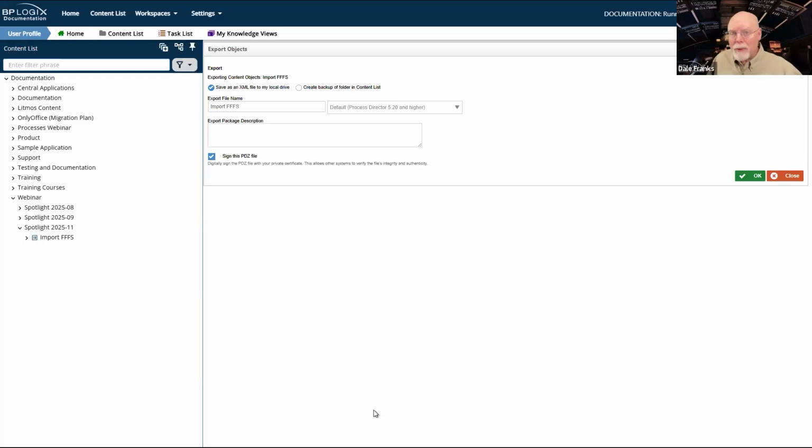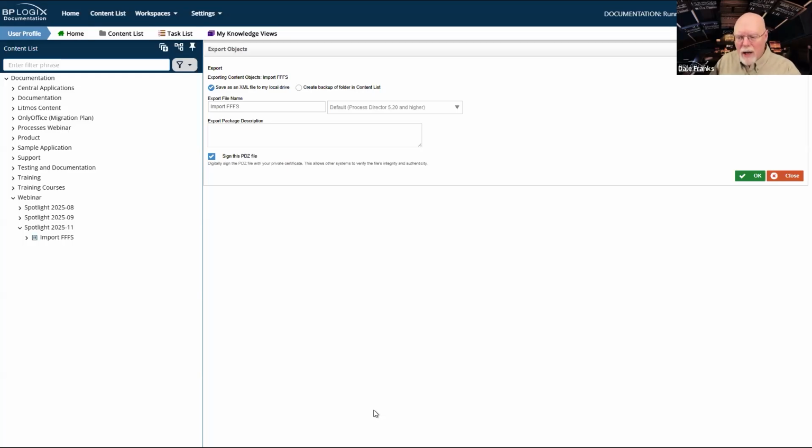Now, you've had the ability to use certificates in Process Director prior to this. In fact, there was a custom task that enabled the use of certificates to encrypt or decrypt PDF files. But again, limitation for that private certificate, one per server. That's a big hurdle in the way that the certificate infrastructure works.